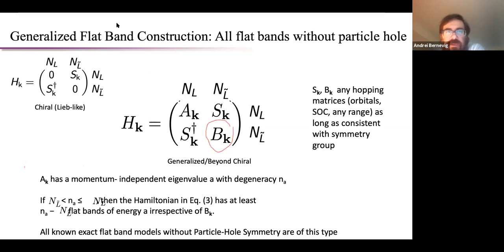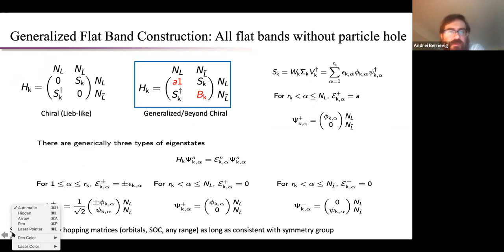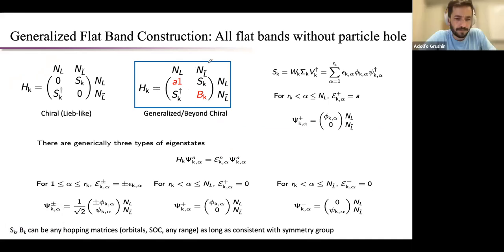So for example, here, in this case, where A is a complete constant, this is one of the Hamiltonians that satisfy the conditions I put on the previous page that Kalugar and Chu found. You can see this A is constant. So if I have this, there's no restriction on S of k and B of k. Okay, so I think that answers the question.